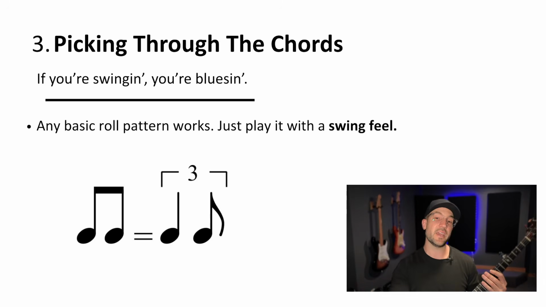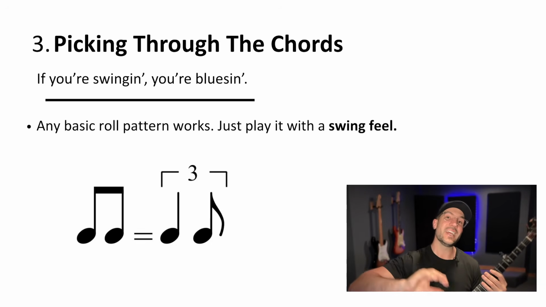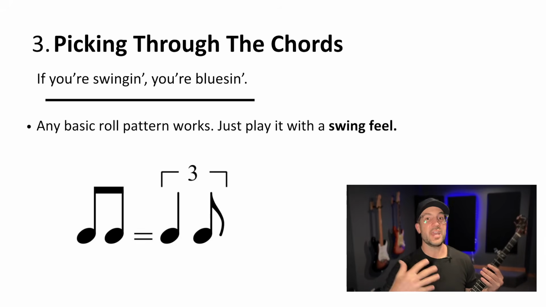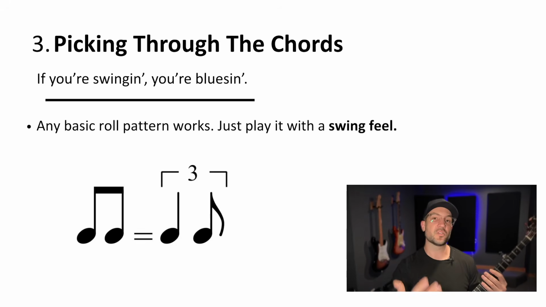Well, you might have seen this diagram before, and all this means is that instead of straight 8th notes where each note is even and has the same amount of value, I have a quarter note triplet followed by an 8th note triplet. Now what does that mean? It just means that first note is a little longer and that second note is shorter. So instead of counting 1 and 2 and 3 and 4 and, I will go 1 and 2 and 3 and 4 and. I almost think of it like you're catching yourself before you fall for this swing feel,